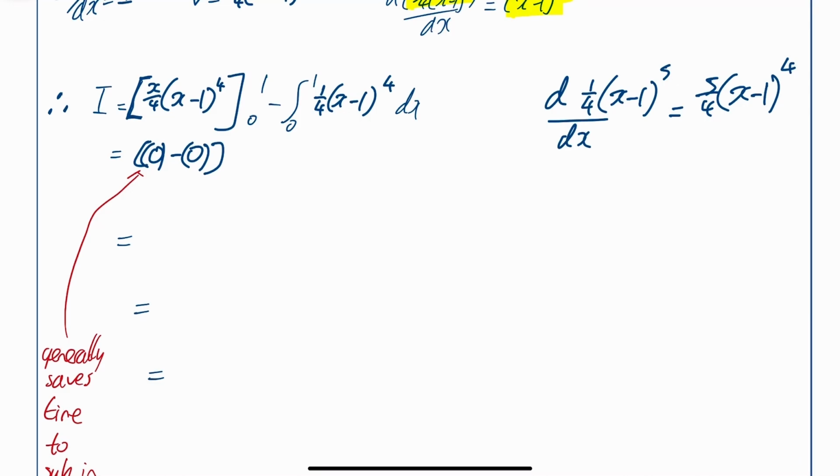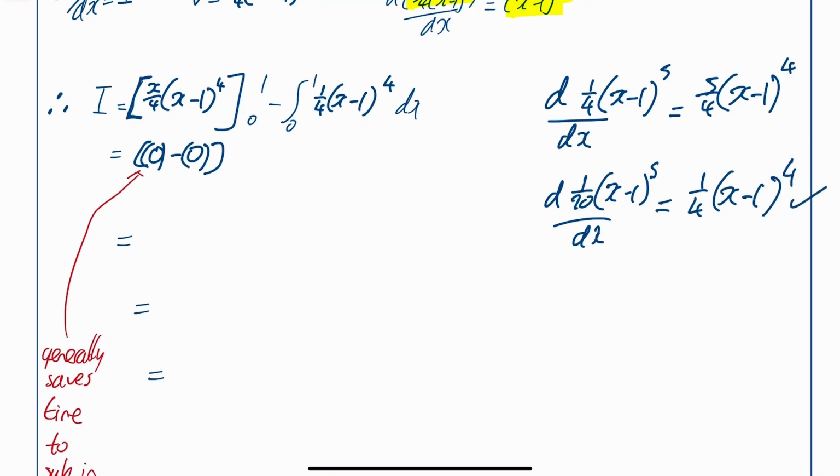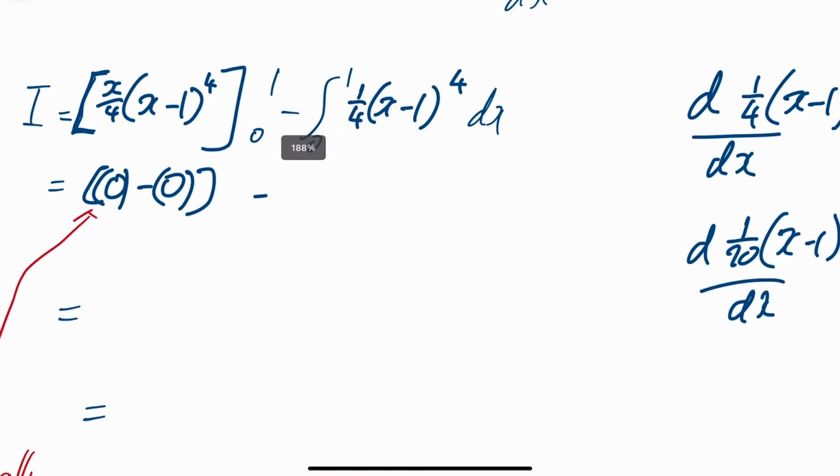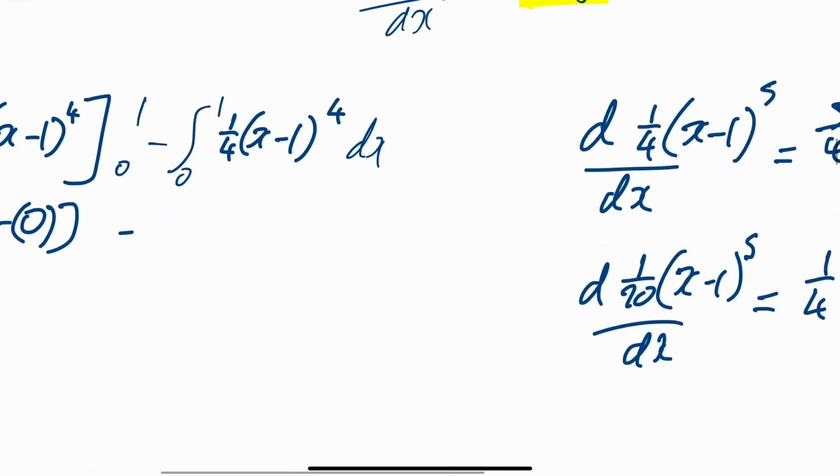So that's not quite what I want. So I'll multiply that by a fifth, and see what I get. Differentiate that, I will get 1 over 20 times 5, which is going to be 1 over 4 times x minus 1 to the power 4. So you can see if I integrate this thing, I will get square bracket,